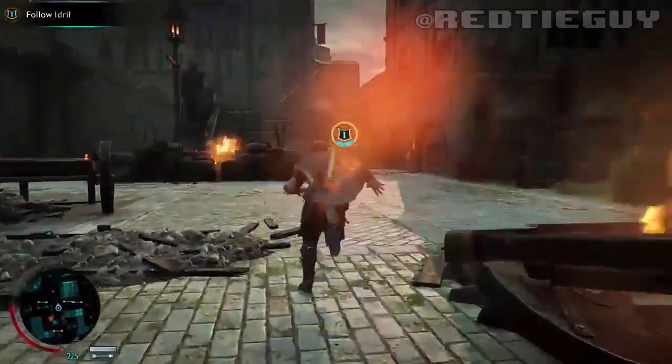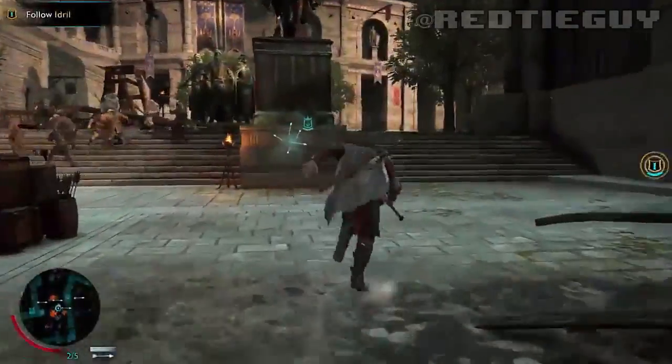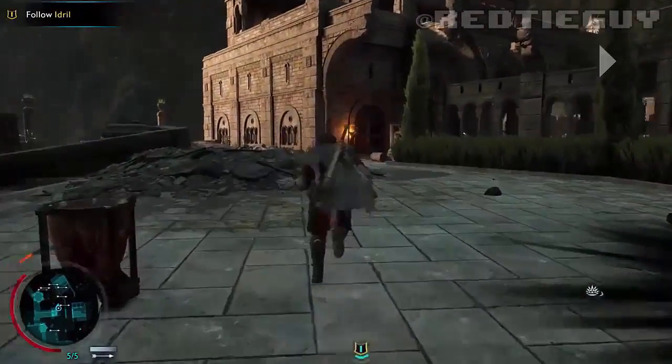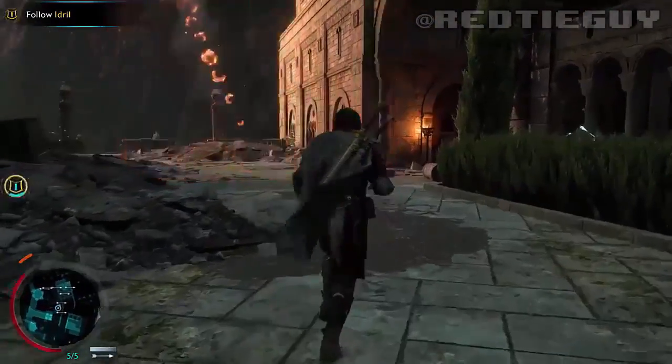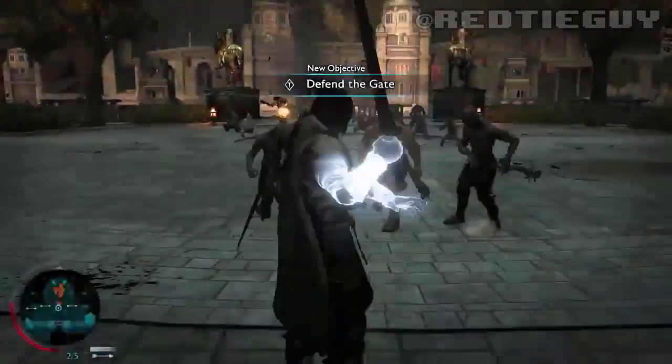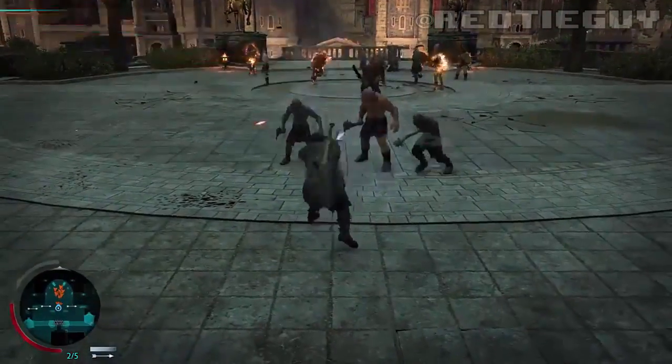We can get a really good idea of the epic scale of the city and the battle that's taking place here. It's not much further! This city is Gondor's last line of defense on the borders of Mordor. We've reached the gate, and Talion...